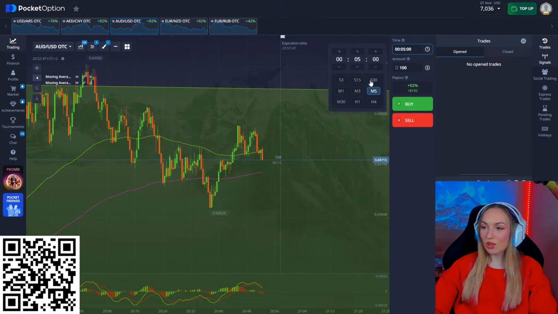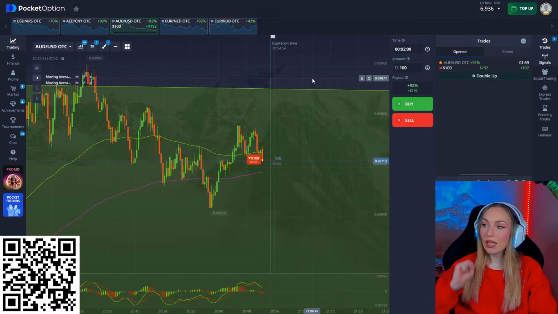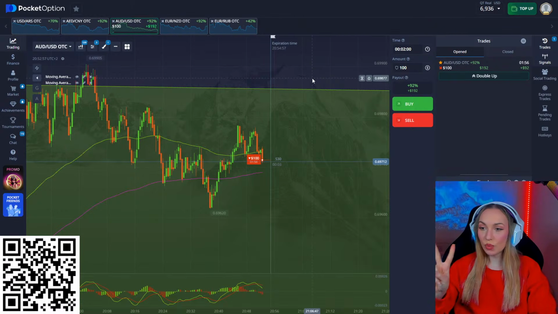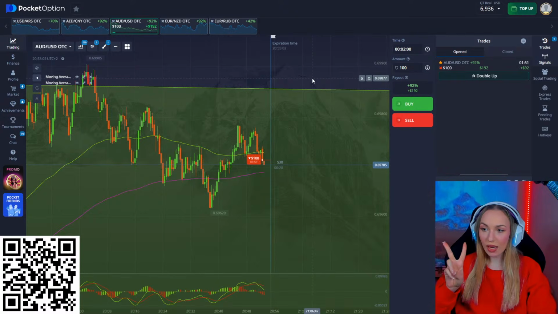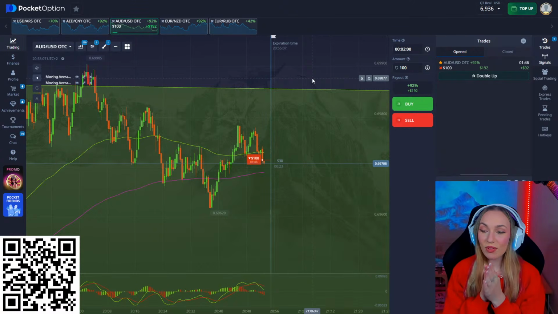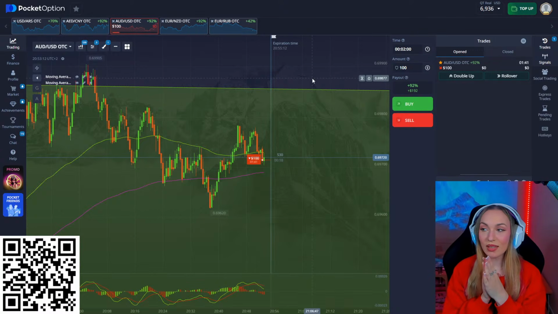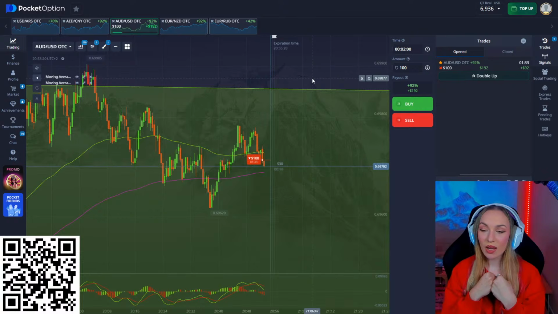AUD/USD is forming the signal to open the trade in the downward direction. Last time I opened the trade for 2 minutes in the downward direction and it didn't work out. Let's try to open the trade for 2 minutes this time on AUD/USD. I opened for 2 minutes only. Oh my god, 2 minutes for me, it's such a small time frame, expiration time. It's kind of risky, but you know, I'm like a real hunter. For me right now it's a challenge to open the profitable trade on AUD/USD and to prove to myself